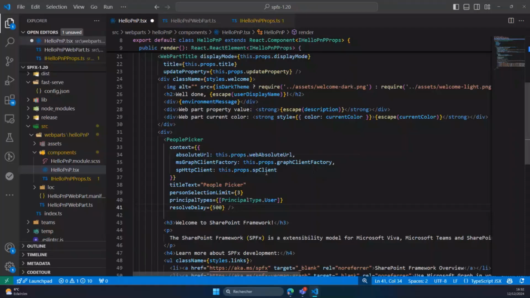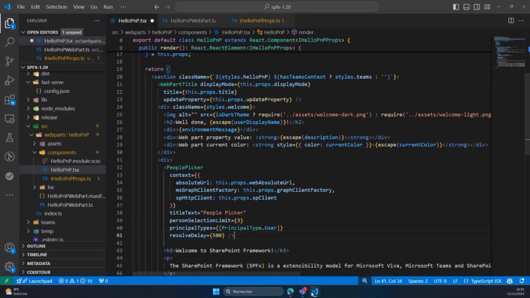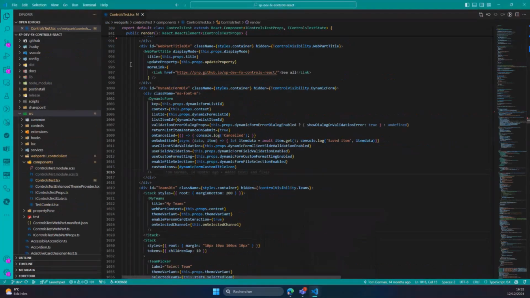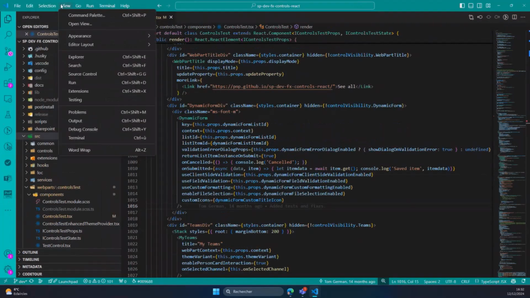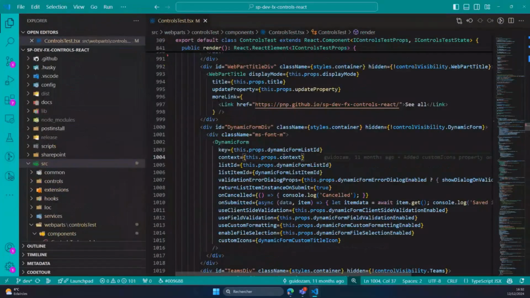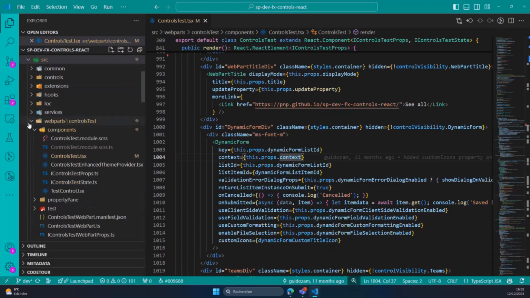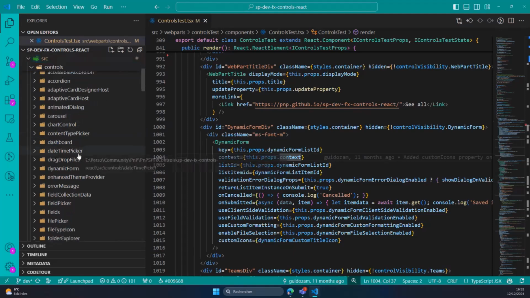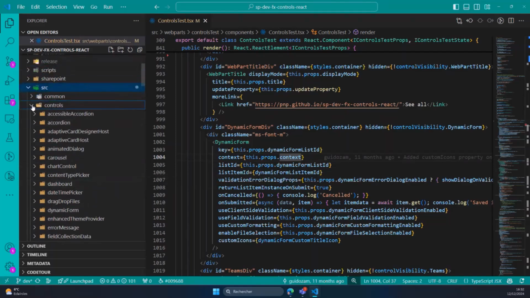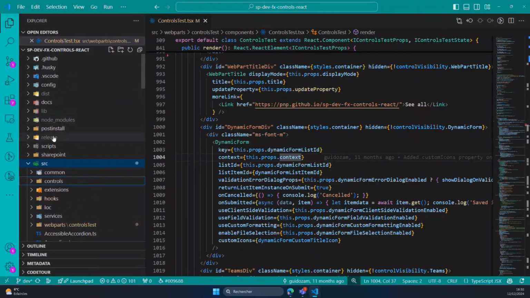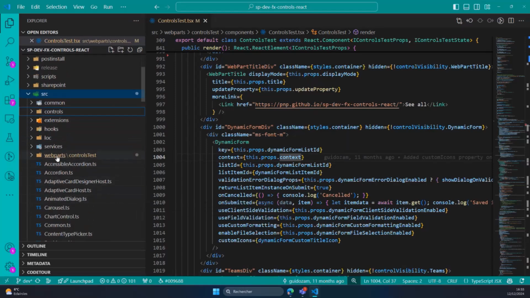So this was for the web part, which sadly I can't show you, sorry, but I'm going to show you something else, which I'm going to zoom in. Okay. So this is the repo of the PnP React controls. You get every component that you can find, which is documented on the PnP React controls site. But we also have the opportunity to test them locally because it's inside this project. We also have an SPFx solution. So for example, here, this is a web part which every contributor can run locally to test out